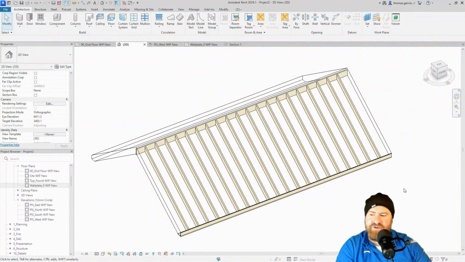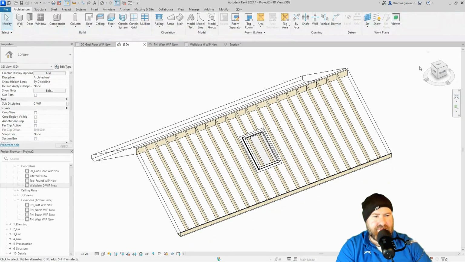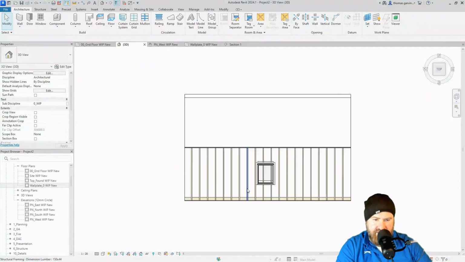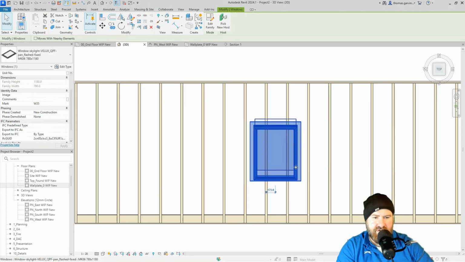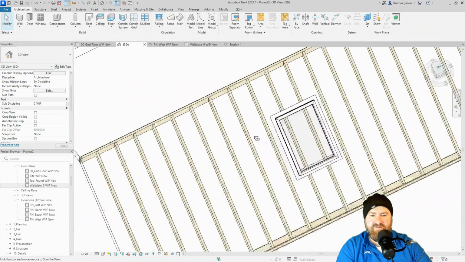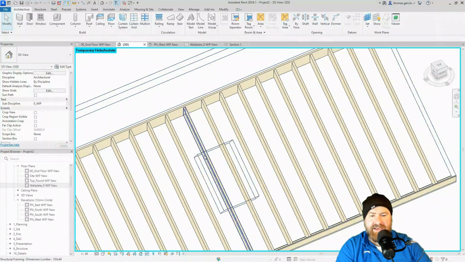Okay, 3D. Now you could finish there, quite happy with yourself. But what we're going to do is I'm going to throw a roof window onto it. Okay, so I have a Velux loaded. I think window. Yep, there it is. I just stick that on the roof. Escape, escape. I'll look at the top view and just make that a little bit easy for myself. Maybe center that roughly like so. Fine. Rotate. I'm going to hide the window, so temporary hide element. But I have the roof opening